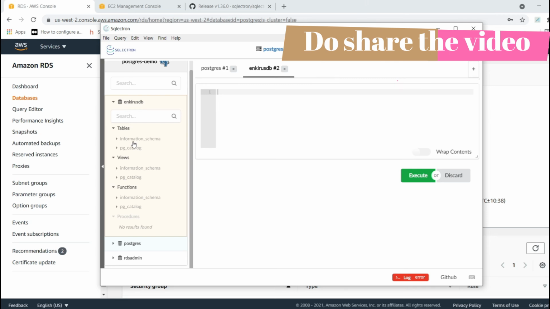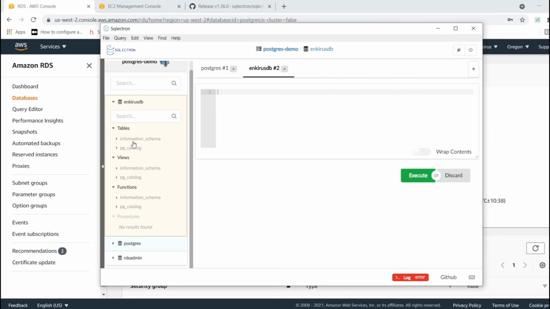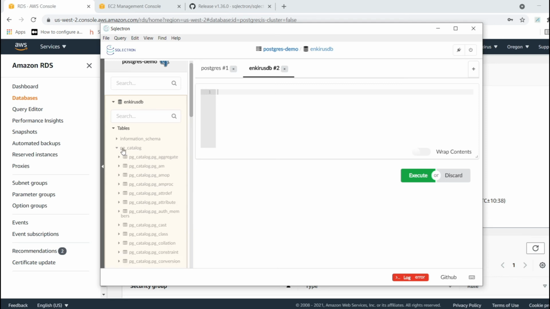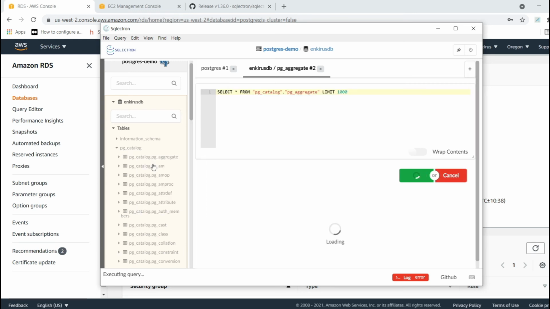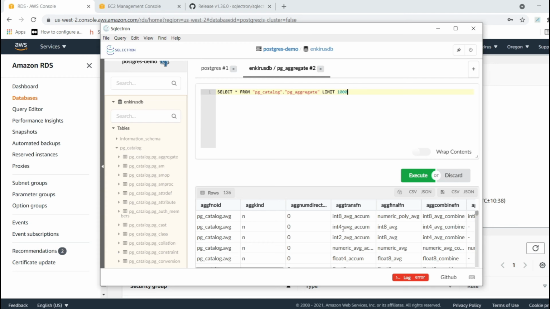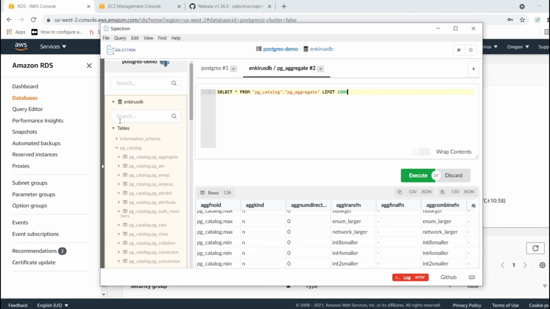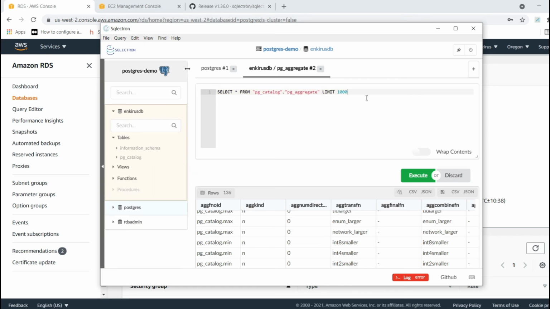There are key advantages of using SQL Electron. You can get queries in the form of pre-queries. You can just right click on it and show select rows within limits. We can create our own statements here. It's very easy. Say select from, we can just run here.